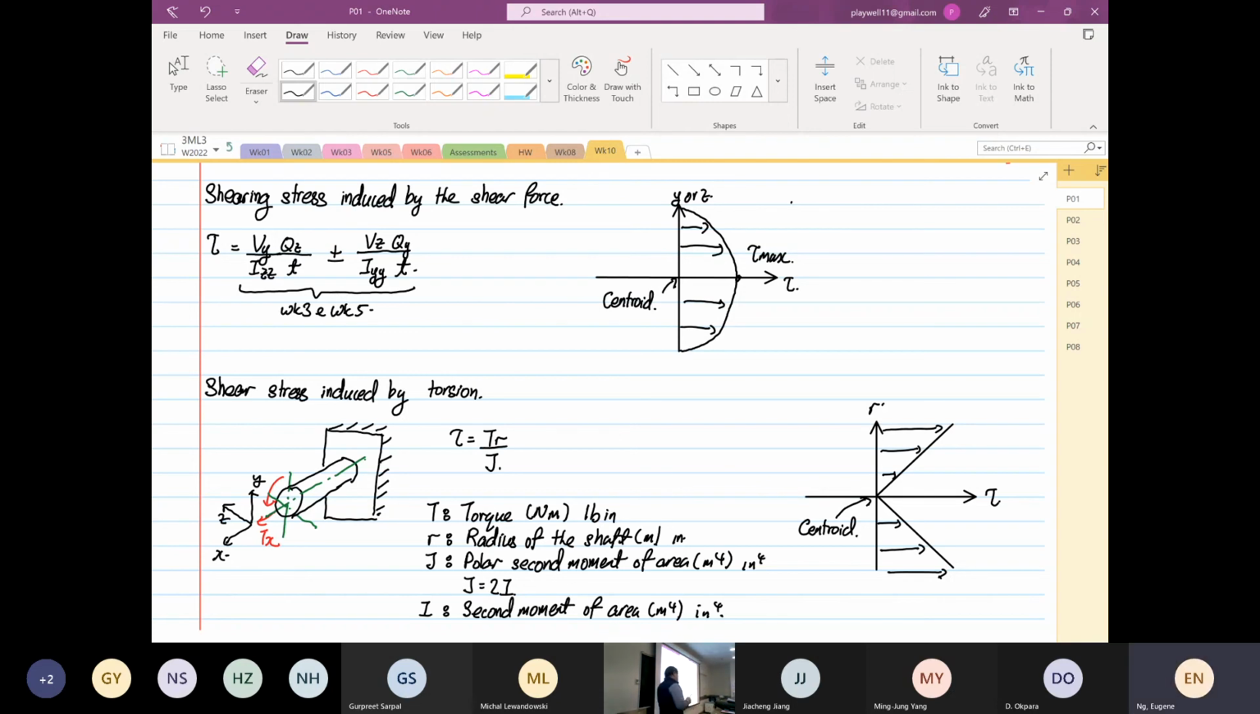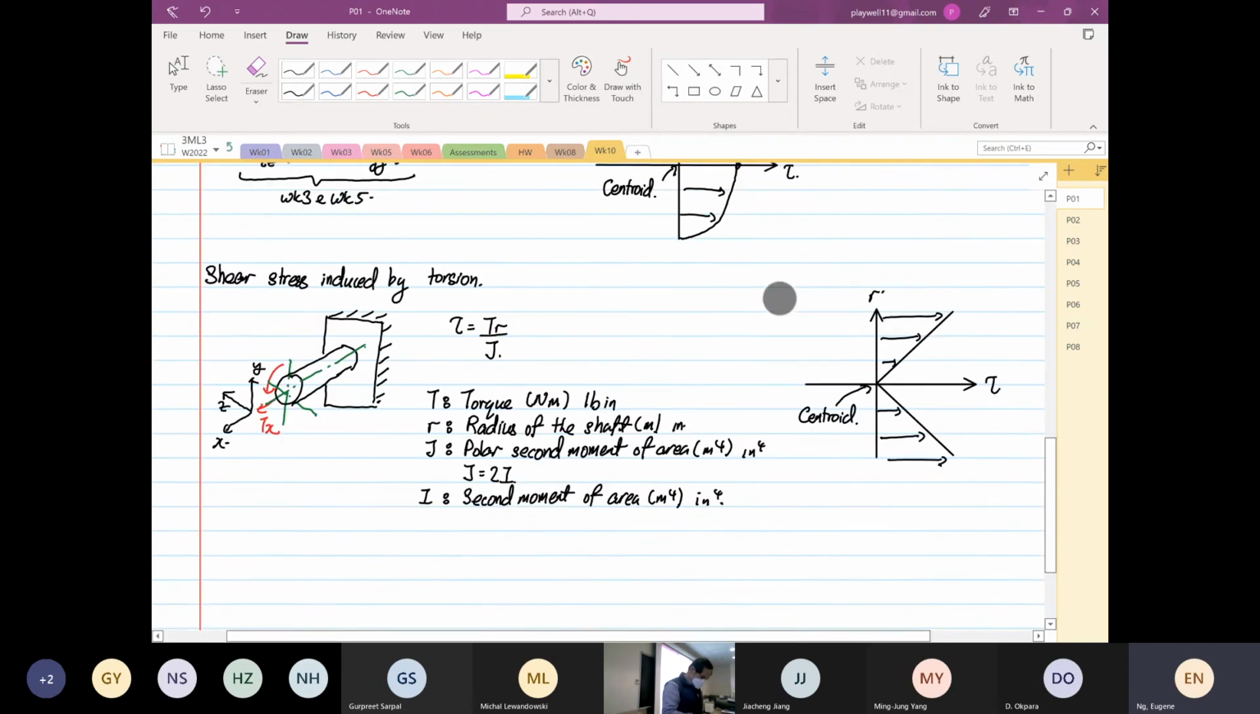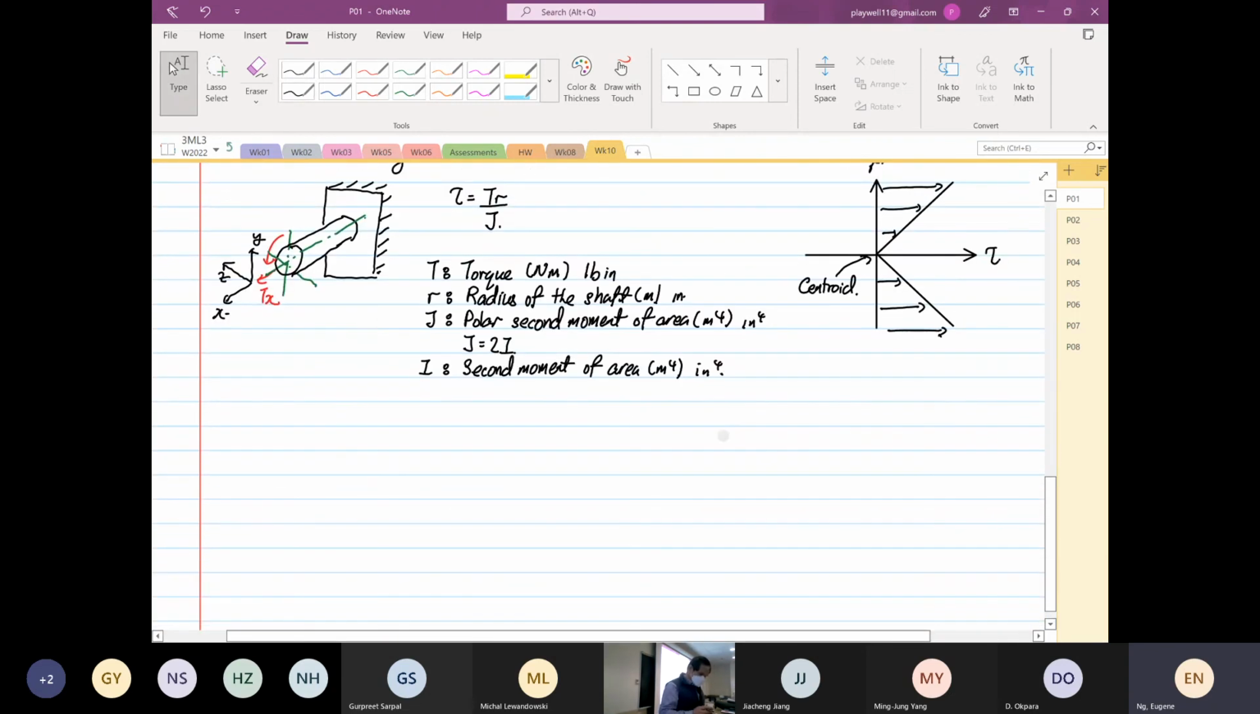So now, why do we need to combine everything? What is the purpose? If you look at the piece of paper